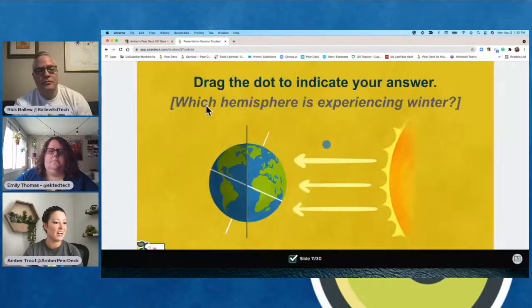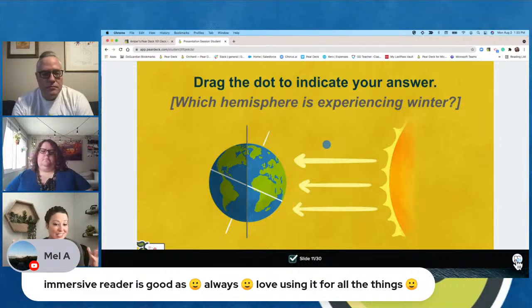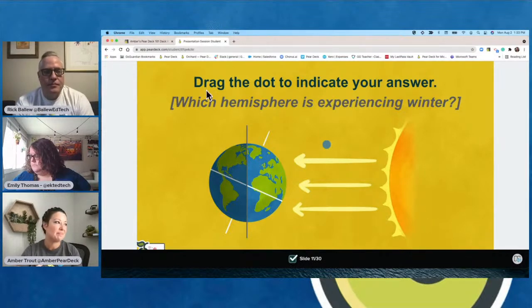So Immersive Reader, again, is going to be in this little right-hand corner, and it's something you turn on in your Pear Deck settings. So it's on for all or off for all is basically what you need to know. So I only teach the kids that need it how to use it. The other ones, they don't even pay attention. As you know, kids are probably like, what? Where? I didn't see that. So half the time, if you don't teach them where it is, then they don't need to utilize it. But the ones that do, I always show them where it's at.